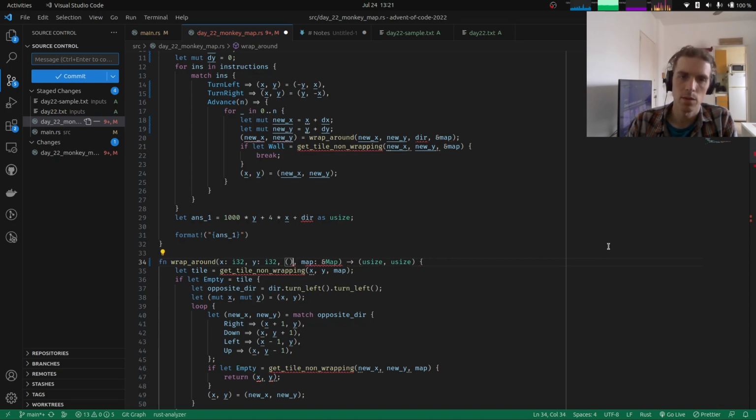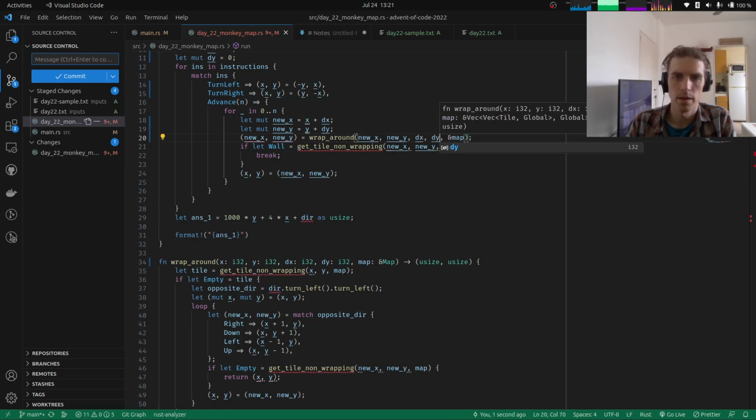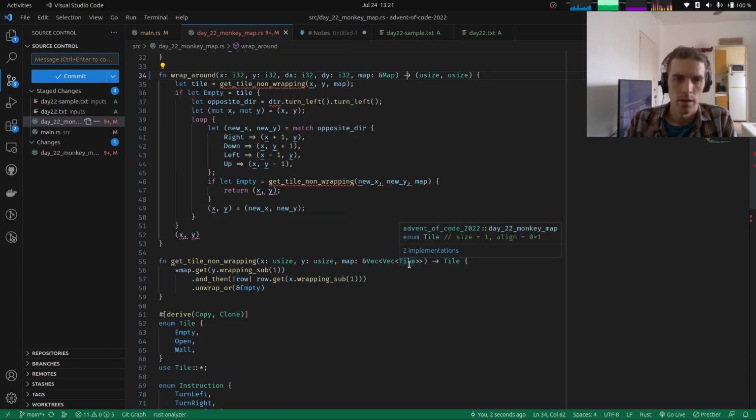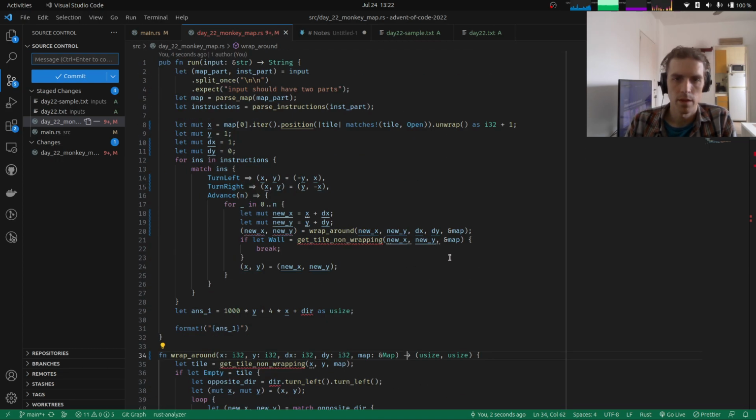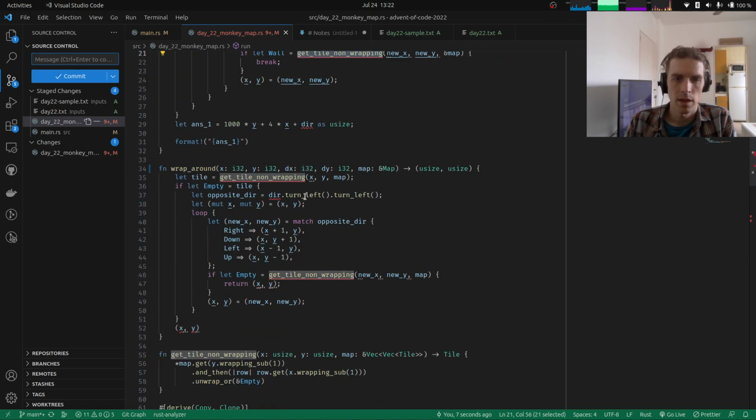Does it make sense to pass tuples for this? I don't think so. Let's just pass the x i32 and the y of i32, and same thing here, the x dy. And for get tile non-wrapping, we are also going to